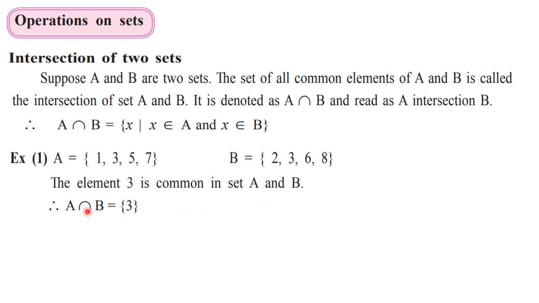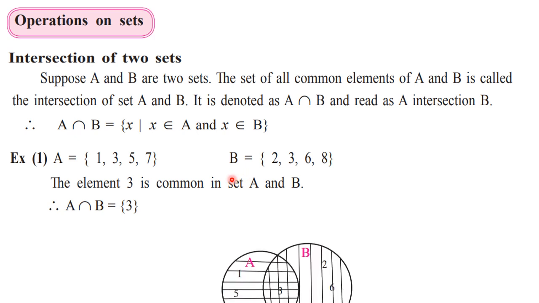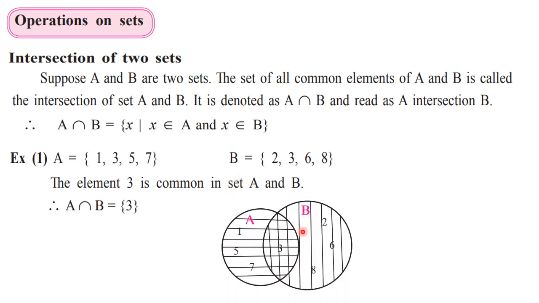Okay, so intersection means the set of common elements from both the sets. Now if we try to represent it using a Venn diagram, then the Venn diagram will be like this. See, you have to draw two intersecting circles. They should intersect in 2 points. Why? Because some part is common to sets A and B. Like we can see that the element 3 is common. It is there in both the sets. So that is why you have to draw the two intersecting circles.